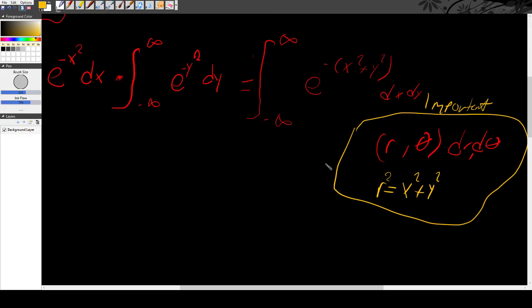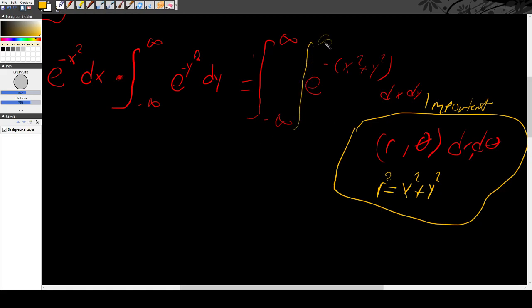And another thing that you need to remember about polar coordinates, if you've looked at a polar graph, it's a circle and it goes all the way around, 0 to 2 pi, and it'll just keep on going and have the same values. So instead of keeping the infinities, because those don't really mean anything in polar coordinate terms, since it's just going to keep repeating the same values, I'm just going to convert the